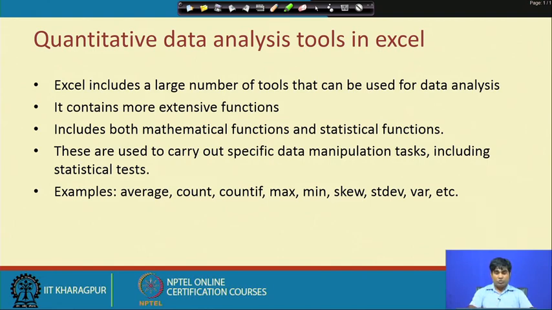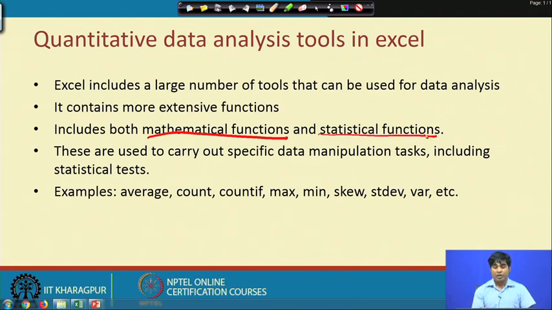So, they are used to carry out specific data manipulations, like including statistical tests. For instance, what I have mentioned. So, there are two operations, mathematical functions and statistical functions, and we will carry out some kind of data manipulation, meaning data structuring, restructuring, data transformations. That is how we use the term data manipulation, including some of the statistical tests,